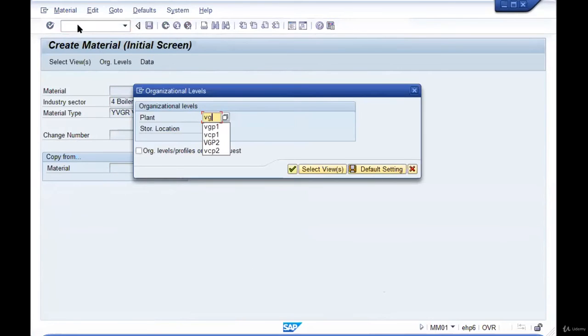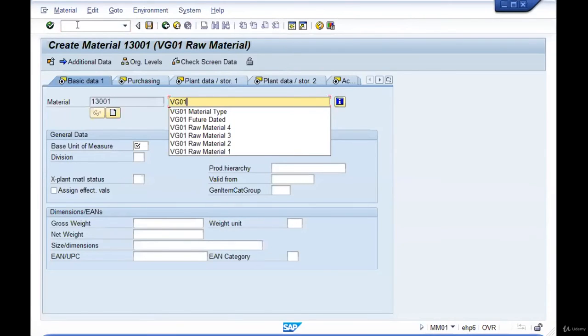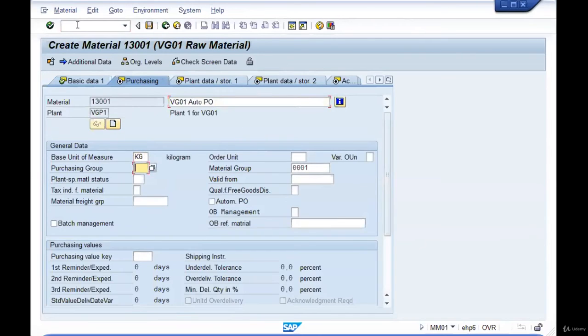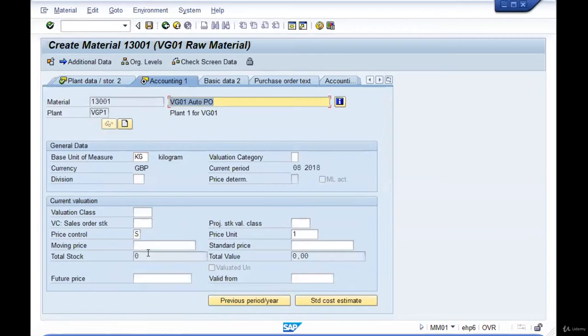Select the views, enter the plant, storage location, auto PO, base unit of measure, material group, enter some weight. The entries are all standard except for this particular checkbox. Checking this box will indicate that this material in this plant will have the purchase order created automatically. Enter some temperature conditions and maintain the valuation class. Save it.